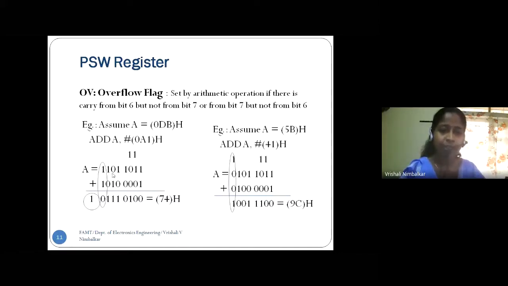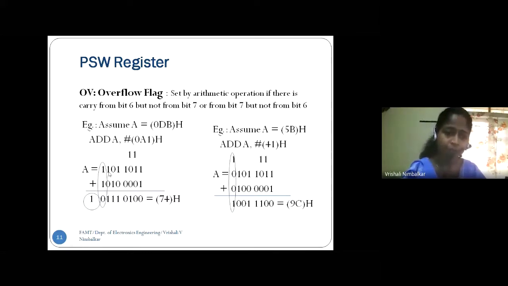Right? Now see down, D means 13, 1101. This is D. B is 11, 1011. So the first number in the accumulator is DB, which is added with A1. A is 10, 1010, and 1 is 0001. Now what is the number, whether it is negative or positive? Check the last bit. The 7th bit is 1. Meaning DB is a negative number. Correct? For A1, the last bit is 1, meaning this is also a negative number.